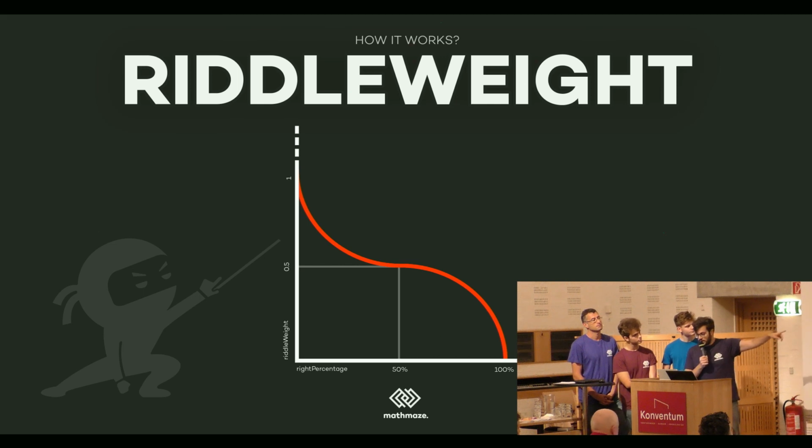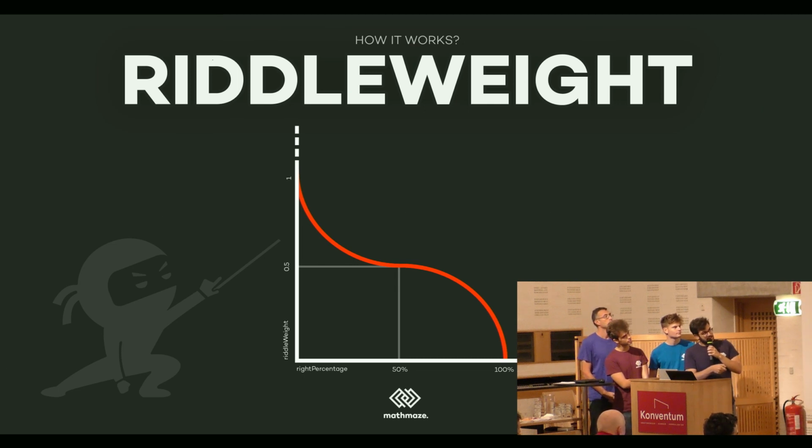This is the curve. This is the curve on which the riddle weight is based. As you can notice, it's neither a straight line nor a hyperbola. The slope will be pretty inconvenient if you solve